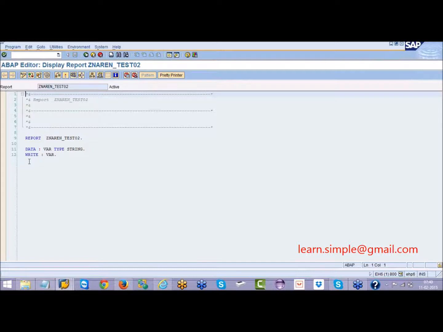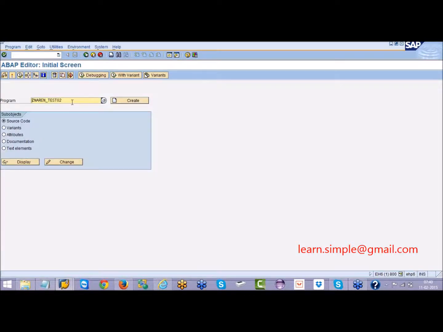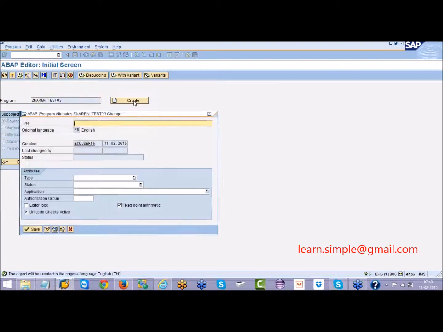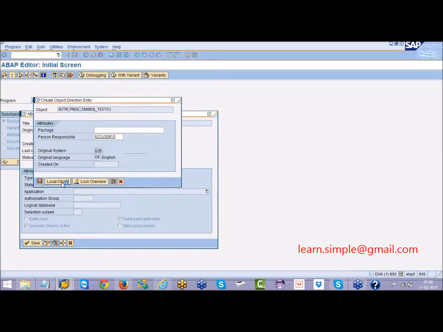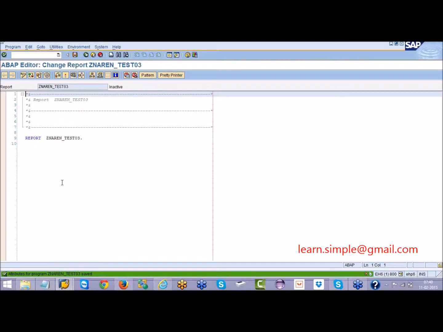we tried to learn how to use the write keyword, how to use the data keyword, how to use parameters and different data types. So these things we saw yesterday, and today we'll try to learn formatting options. Today's topic is formatting. Formatting means if you are displaying some output, how you can display it in the required place on the output screen.